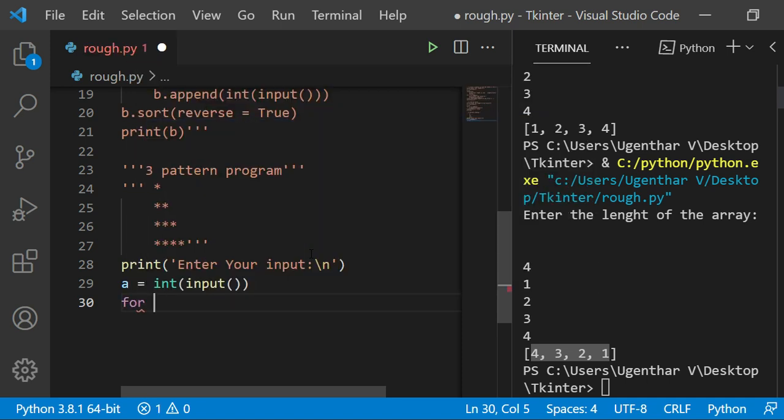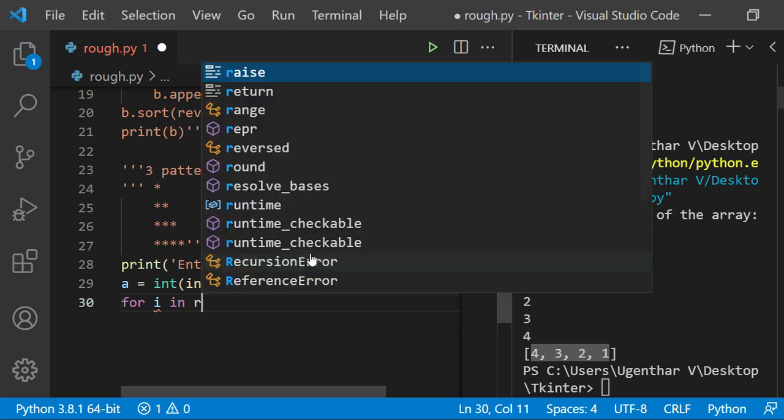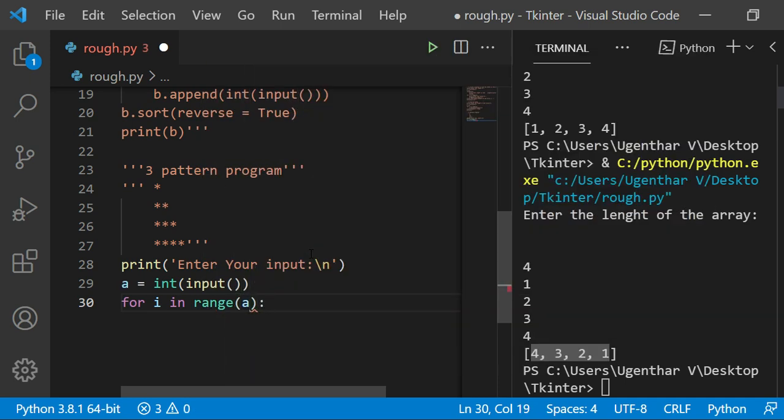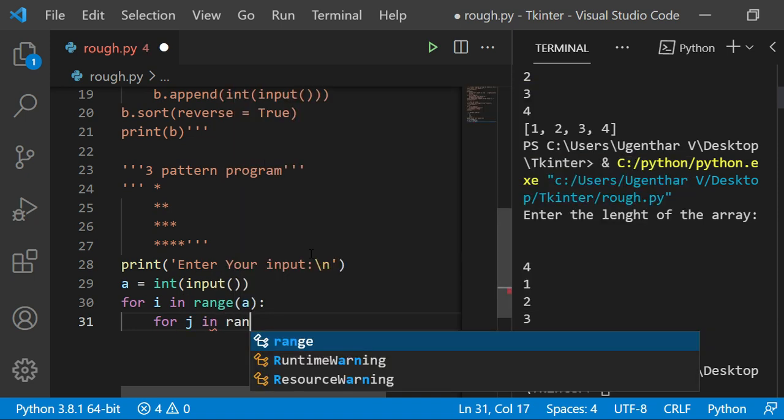Now we want to use 2 for loops, one for loop for rows and another for loop for columns. For i in range of a, this indicates rows. If I give 4, then the first for loop will iterate 4 times. Then the second for loop is for columns.